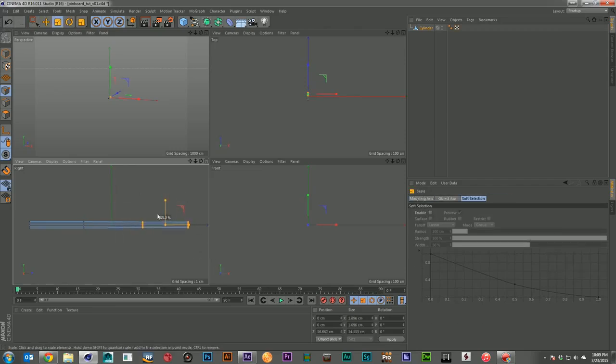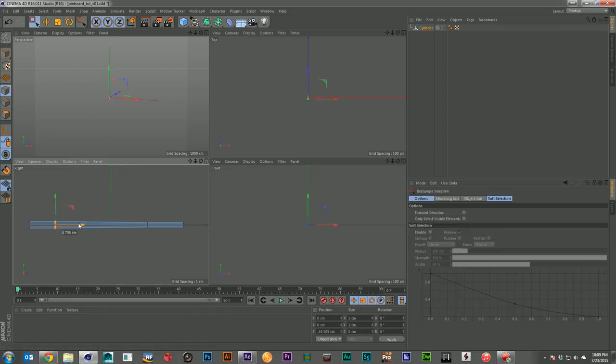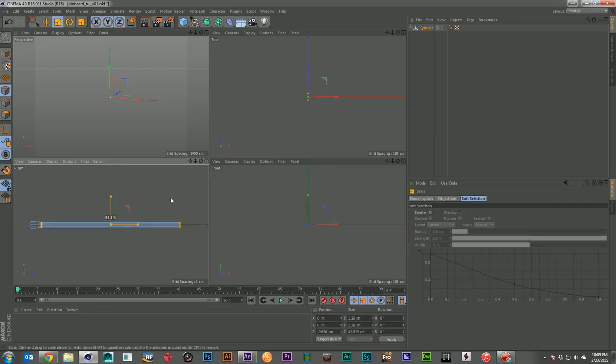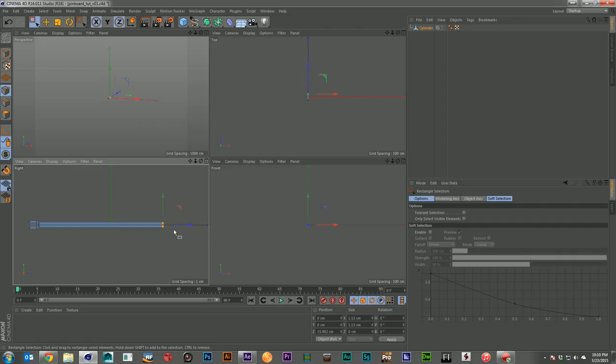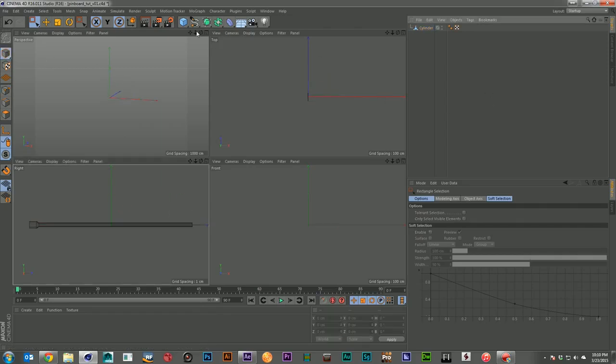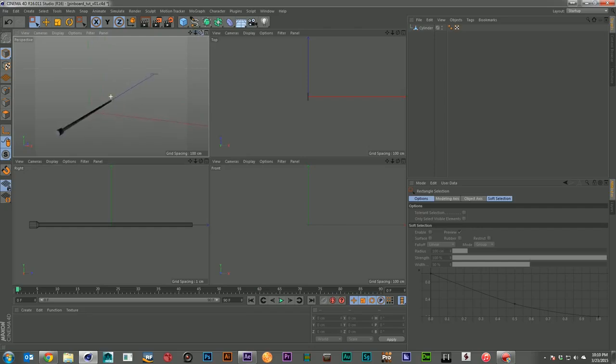I'm going to shrink down the back end of this, and then I'm just going to kind of move a few pieces here until I have a lovely little pin shape. And let's go ahead and shrink that down a little more, just so the pin head looks a little bigger. There we go. And we'll bring this back out. Okay, so now we've got a lovely, lovely pin. It's the greatest pin ever created by man.